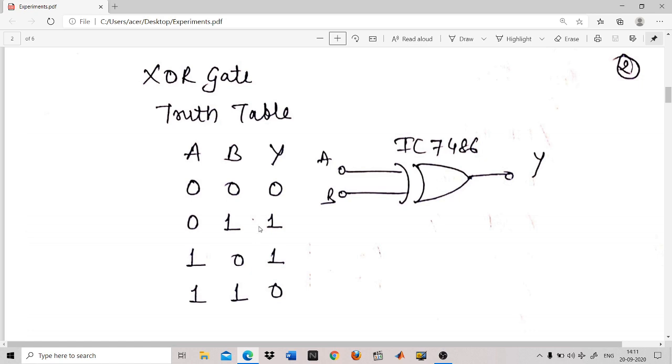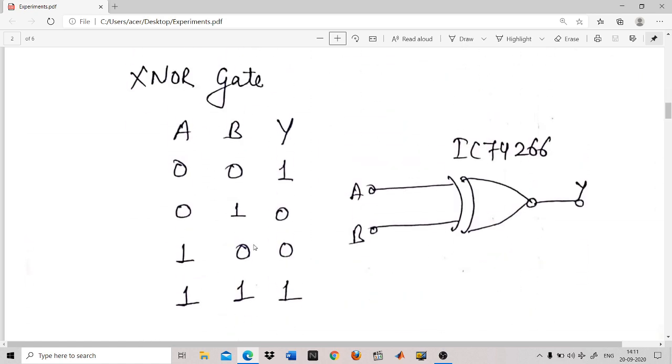But in this case there is a peculiar thing about the XOR gate, and that is when the two inputs are the same, you will get 0. You can see the first combination and the fourth combination. Now the second and third: you see one input is 1 and the other input is 0, then you get 1. Now coming to the XNOR gate, it is a complement of your XOR gate. So whatever your XOR is, just put a bubble in front of your XOR and then you will get the XNOR gate.